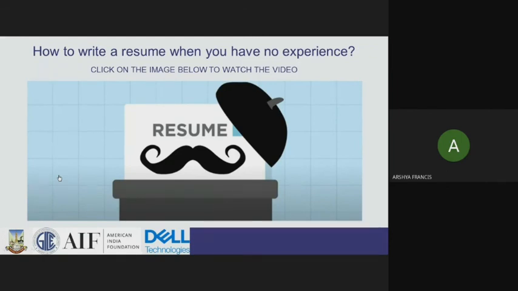All right. Now talking about resumes. Making a resume and CV, and knowing how to present them, is very important. Your resume may sound good on a piece of paper, but if you're not able to speak about yourself in the interview, then there's no use of your resume, right?